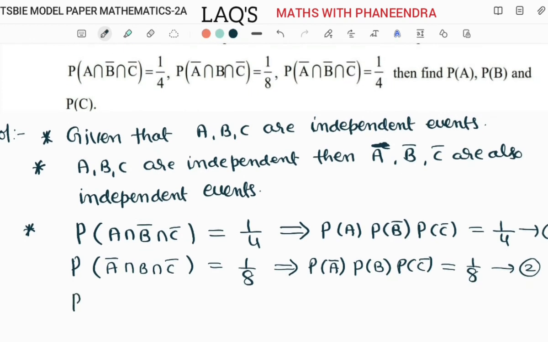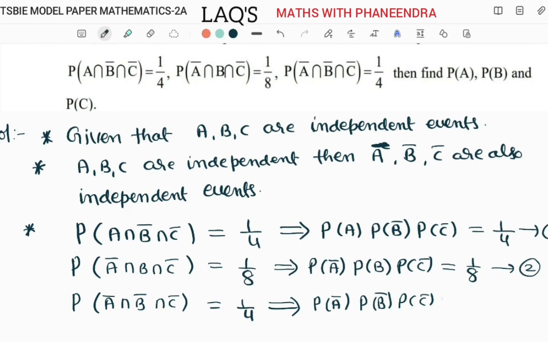Next, P of A complement intersection B complement intersection C complement is equal to 1 by 4. That implies that P of A complement into P of B complement into P of C complement is equal to 1 by 4. Equation number 3. So logically, if you go, dear students, step by step,